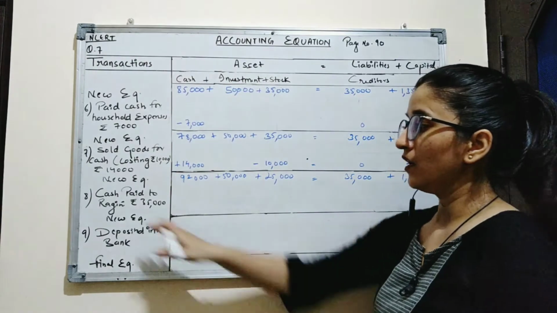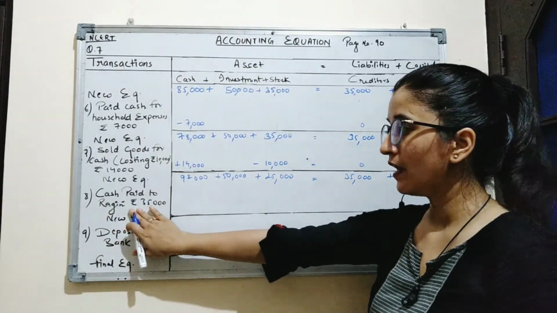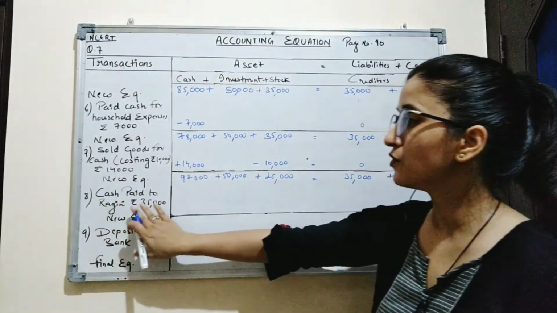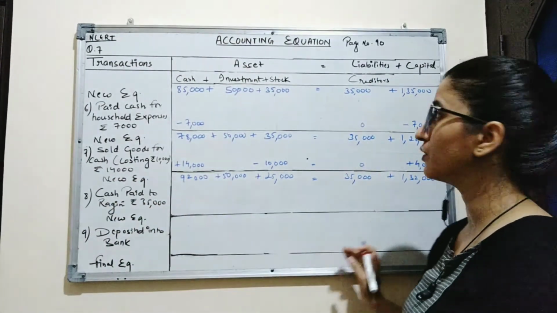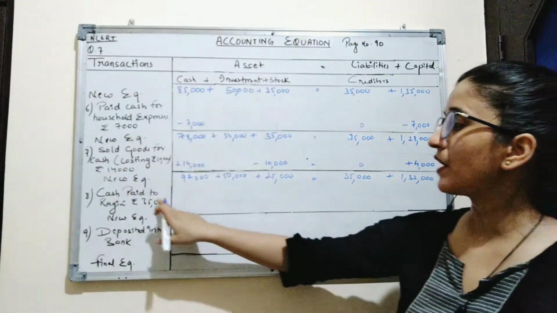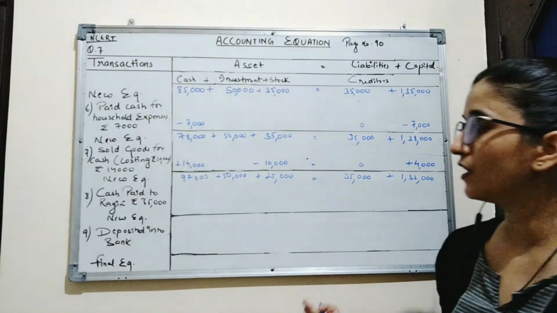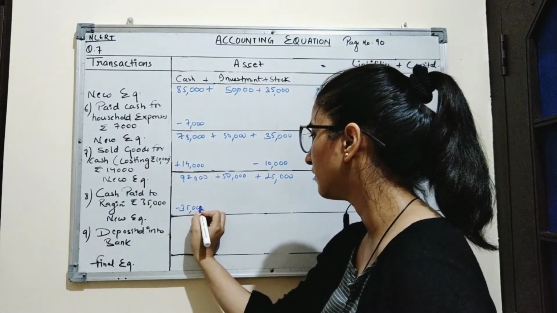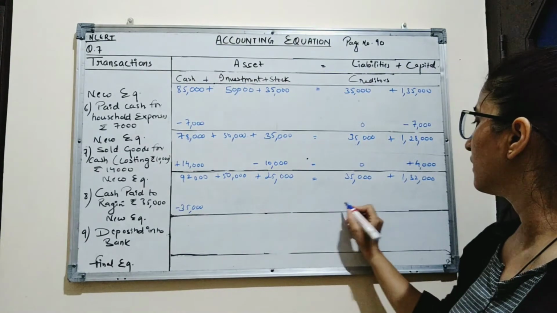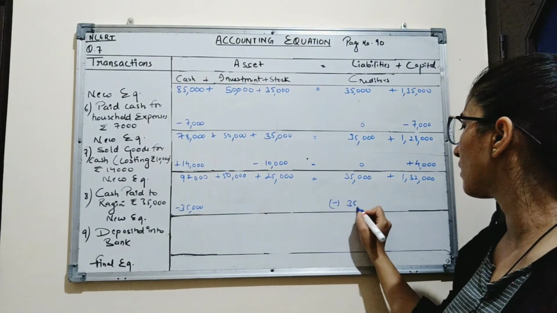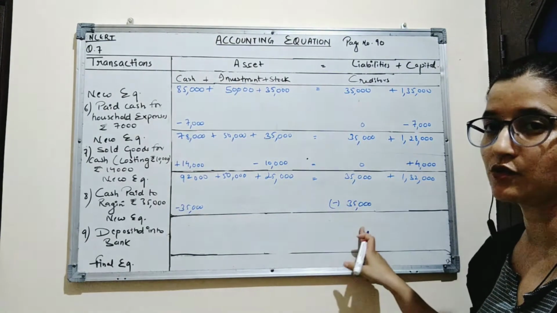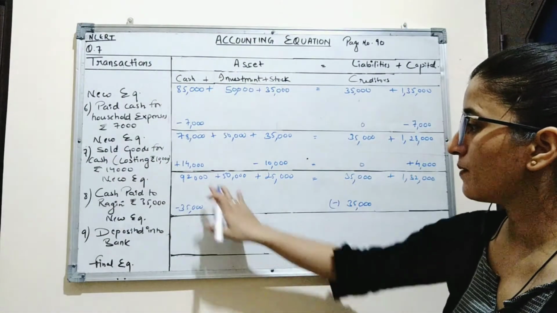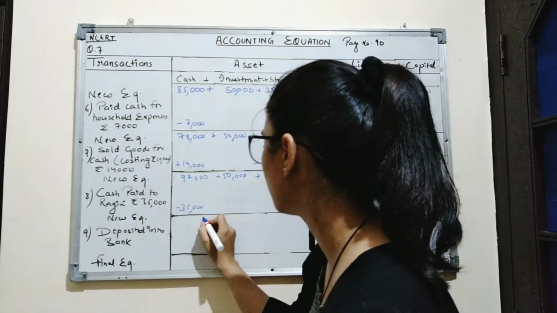As we know, Ragini was the creditor for the firm and here cash has been paid to the creditors. That means the amount of rupees 35,000 has been paid to the creditors. So we will write off this amount from creditors side. So cash has been paid, we will deduct this amount from cash column and from creditors column also because the company has paid the amount to creditors. So we will deduct 35,000 from creditors column. Now by solving these two equations, we will get